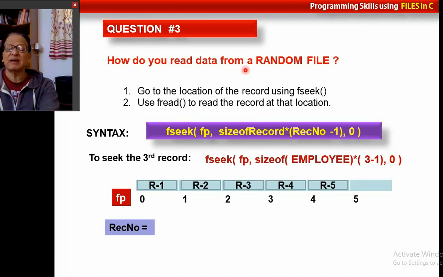How do you read data from a random file? Now the random file contains data. As you see, it contains structured data. All the data has been written; 5 records have been written. The advantage I mentioned for random files is that I can go directly to the fourth record, the fifth record, or the first record itself. To do that,